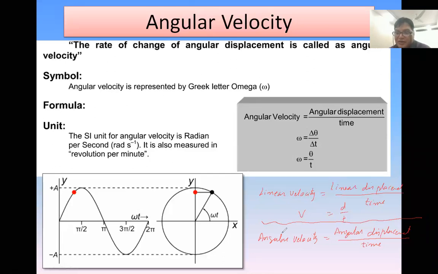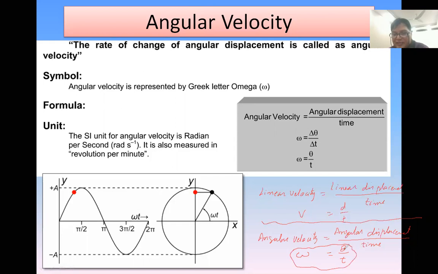Now, what is the notation for linear velocity? It is v. And for angular velocity, it is a Greek letter. Look at this one, omega. Not w, it is rounded. This is called omega, a Greek letter. And what is the angular displacement? You know it very well. This is theta. We discussed it in the previous lecture. And time is t. Look, this is a very, very important equation for your numericals, please.